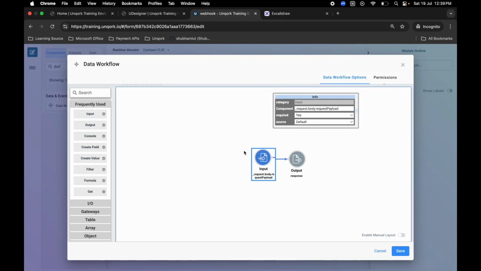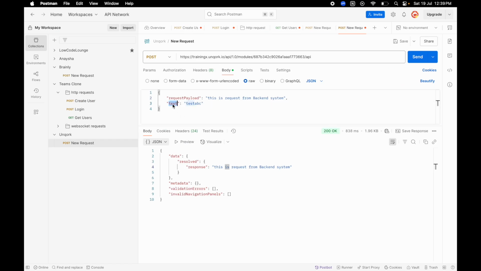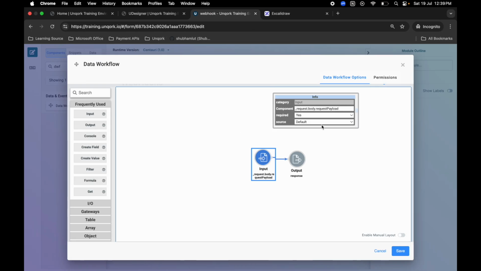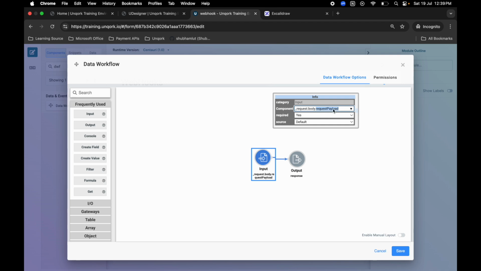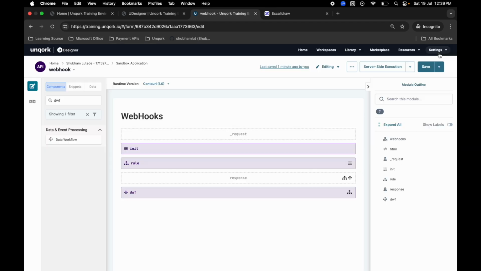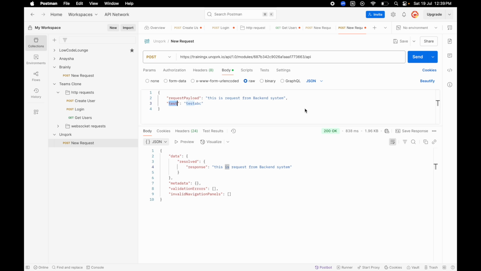And now if I want to grab this test variable from a request payload instead of request body, because I know underscore request and body is constant, and inside the body we will be having two things, one is request payload and then the test. So I will pass it here as test and save it. Now if you see in response,